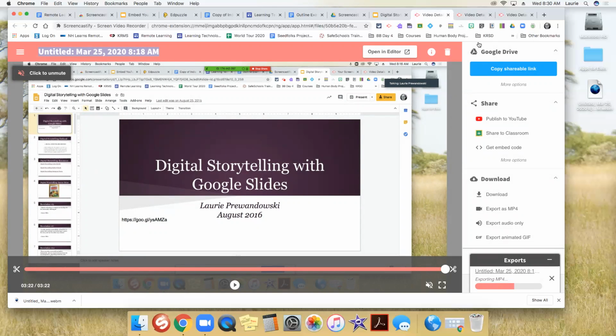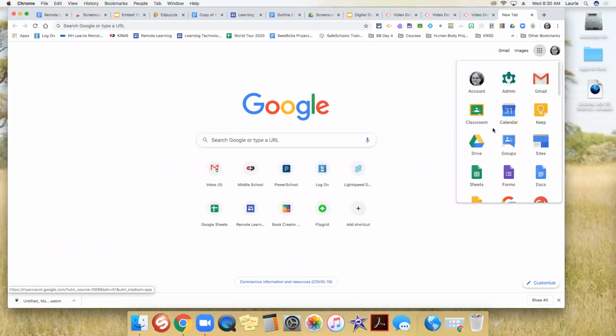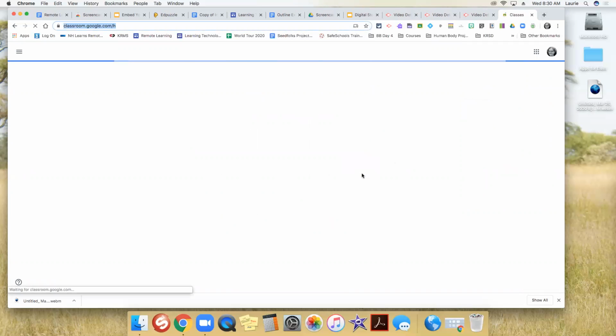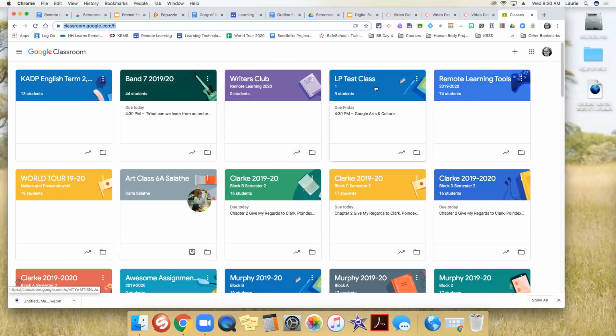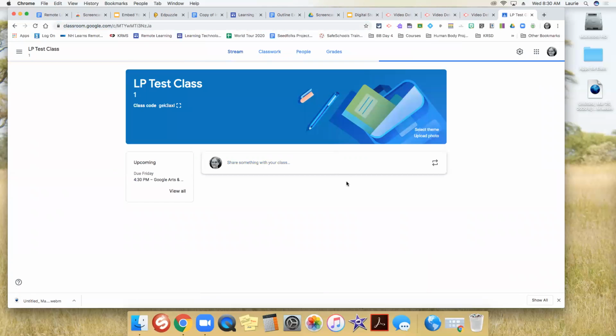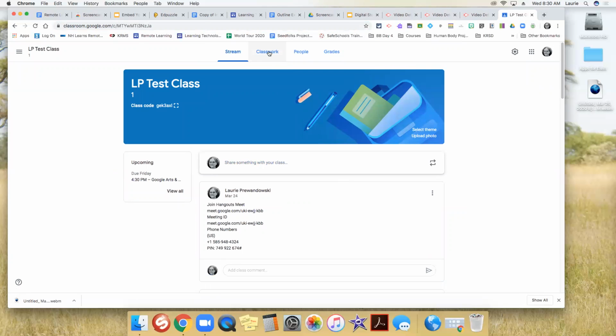When a student wants to turn it in Google Classroom, so I copied that shareable link. What I want to do is just open up my test Google Classroom. What you might want to do is create an assignment that tells the student, I want you to create a Screencastify of this piece of information.